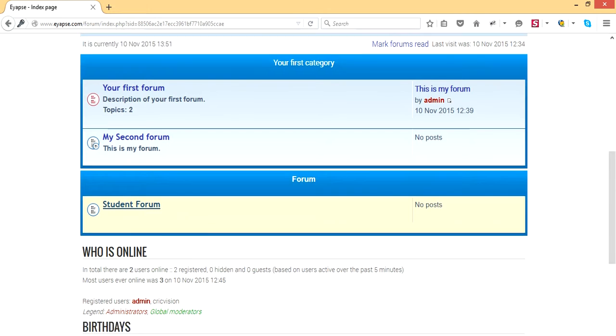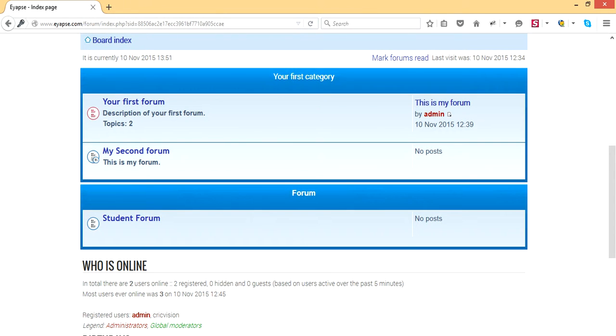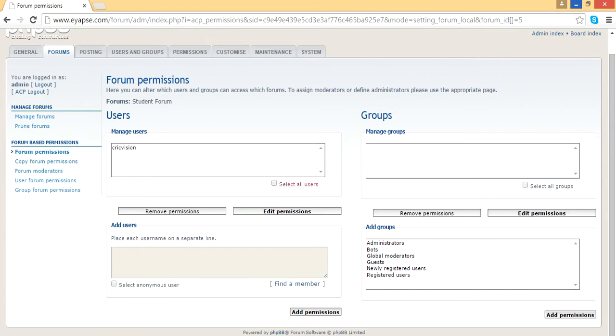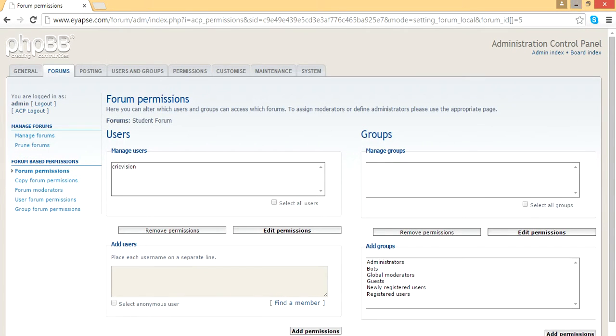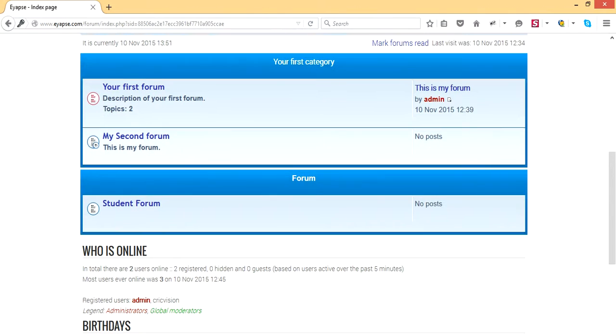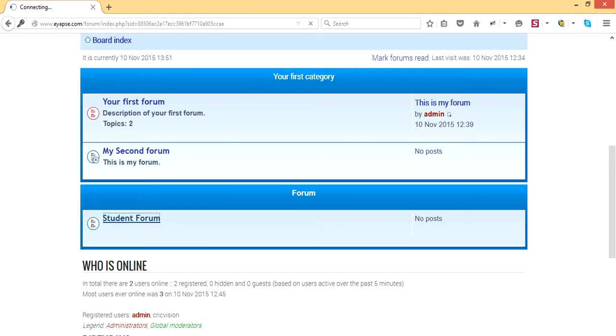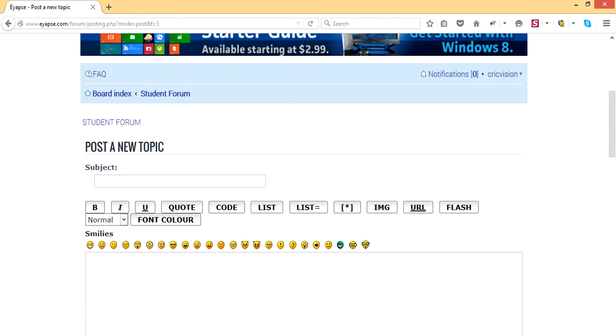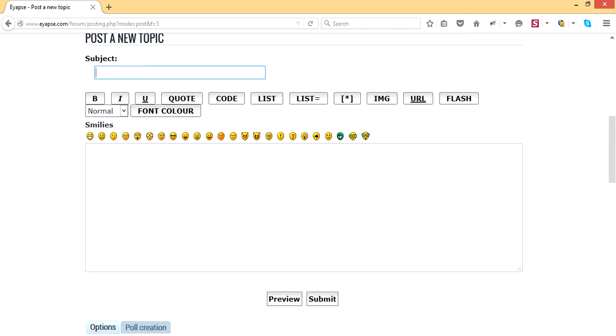So this is how this functionality will work: from the admin panel you will assign a forum to a particular user, and once you have assigned this to the user, then those items will appear in the forum section. Now to view this forum, I will click on this forum, and you can see there is no topic. Since I have provided full access to this particular user, we can also create a new topic here. Suppose I create subject student